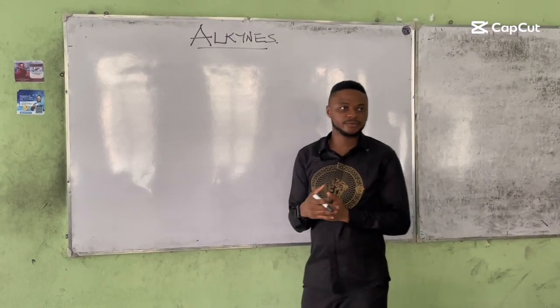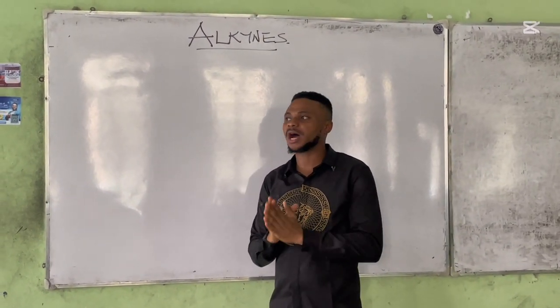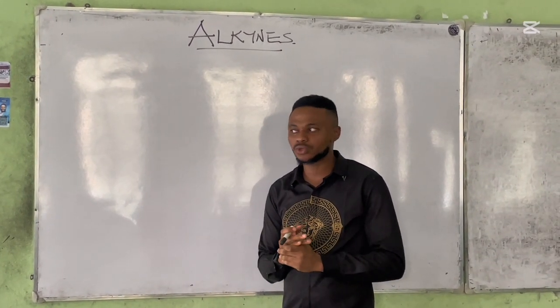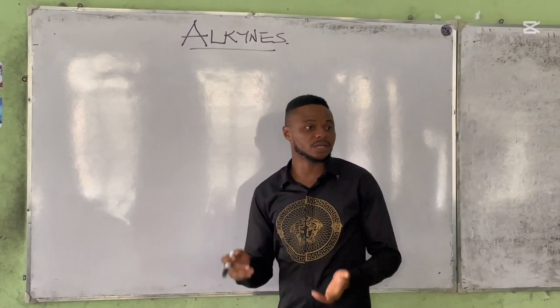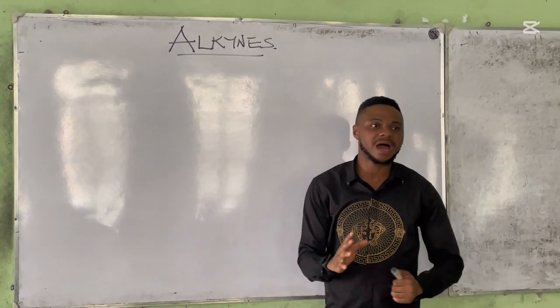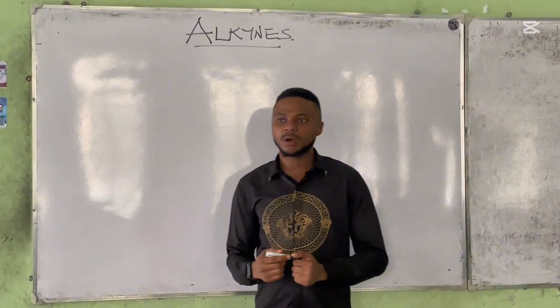Alkynes. We've treated alkanes, and we said alkanes are single bonded organic compounds. Alkenes are double bonded organic compounds. Then alkynes are triple bonded. Okay, so let's take down, please put down. Alkynes